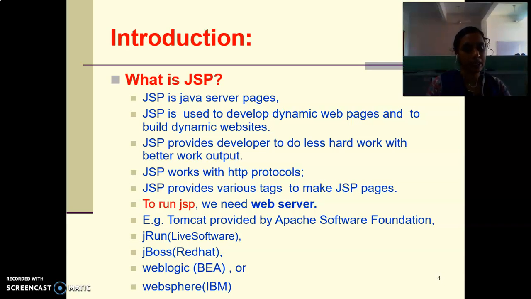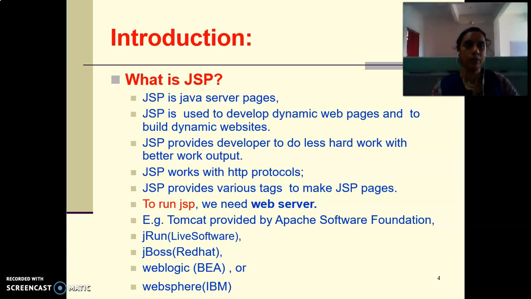This servlet was completely responsible for handling the request as well as the response at the same time.